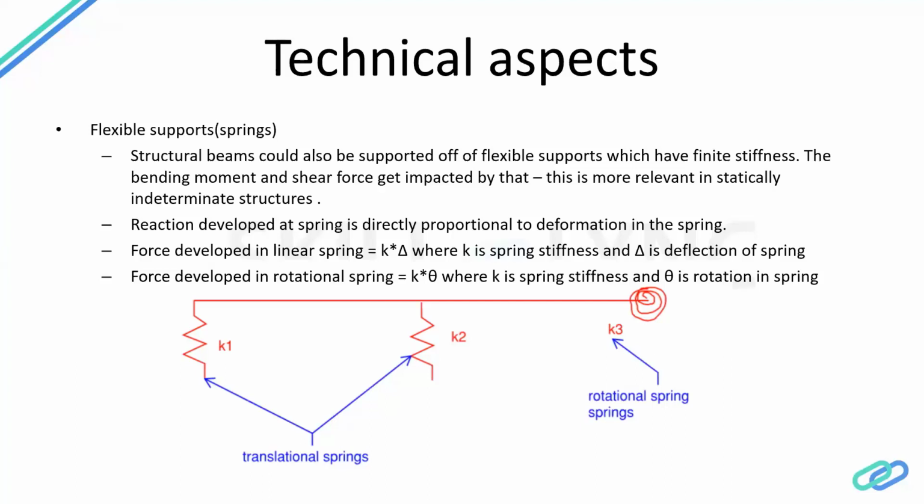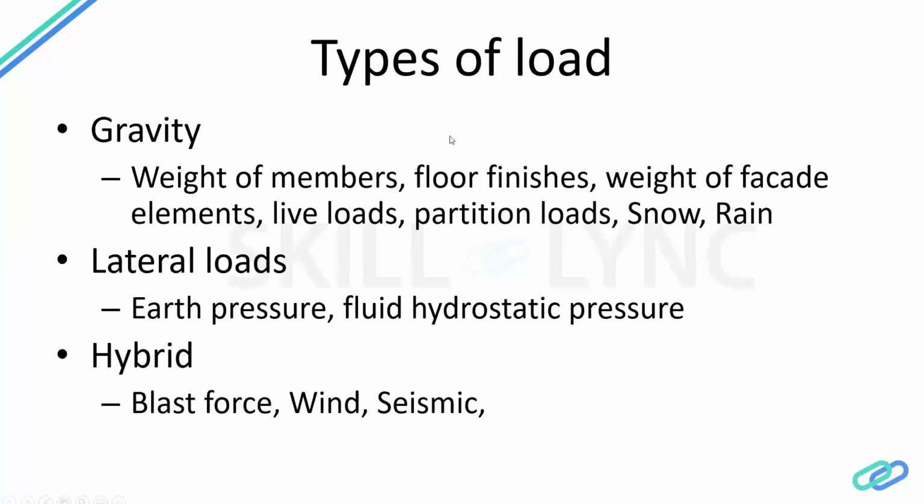So things like that. And now the different types of load that we typically encounter in a real life project. I just wanted to cover some of those aspects. So, for example, gravity, that means acting vertically downwards in the gravity direction. Obviously the weight of the members would be the basic one that qualifies for that category. And then we have the weight of the floor finishes, like whatever tiles or concreting that you are doing on top of the floor to have a floor finish. That also has its own weight, so that's also a gravity load.